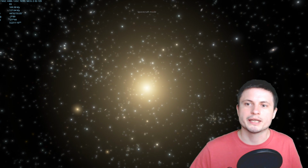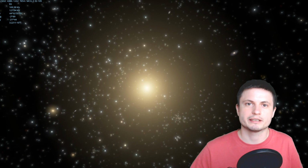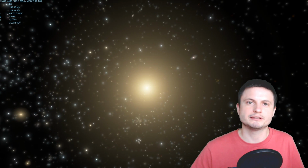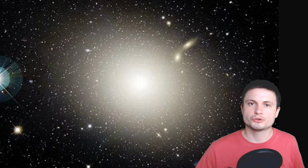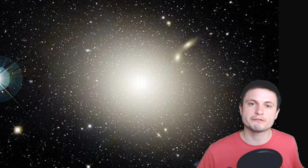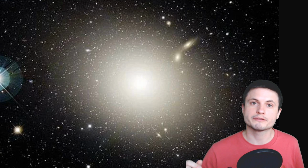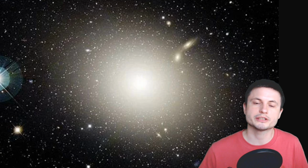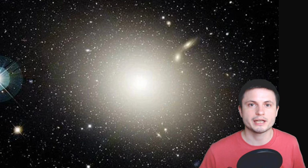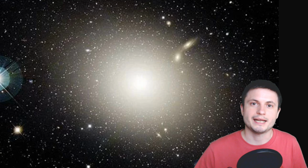Because unlike our own Milky Way, M87 is actually not a galaxy with a regular shape. It's what's known as an elliptical galaxy, but with a very unusual shape that doesn't really make much sense. So it sort of looks like a result of a very large collision between several galaxies where many black holes spend a lot of time mixing various matter and various stars on the inside, resulting in this very cool looking, but at the same time very massive, very bright, and extremely large galaxy known as M87. It's actually one of the largest galaxies and definitely the most massive galaxies in the vicinity of our own local cluster, and the only explanation for its existence is that it possibly experienced this very large collision where triple black